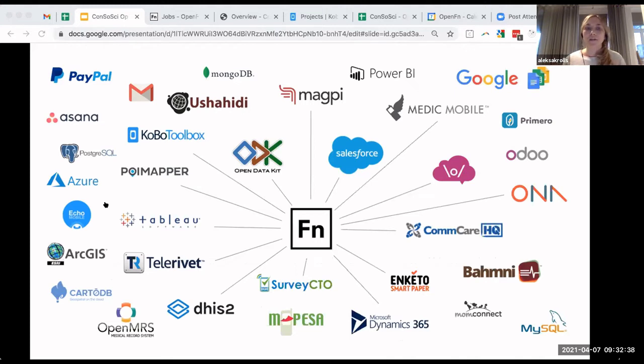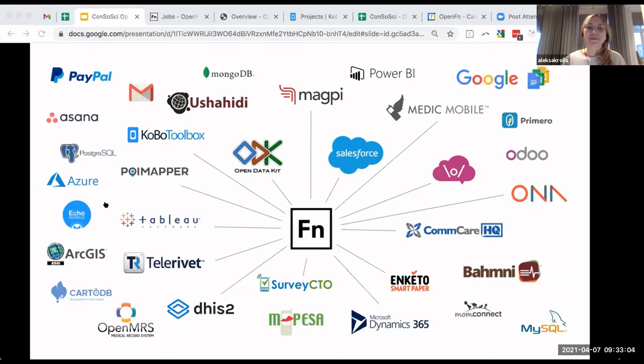But OpenFunction can be leveraged to connect other mobile data collection tools. Basically any web application, it will work out of the box with. So if you're working with partners or your organization already has them in-house, chances are OpenFunction will work to connect with that, as well as databases, and it has been implemented to also connect with custom applications and some legacy